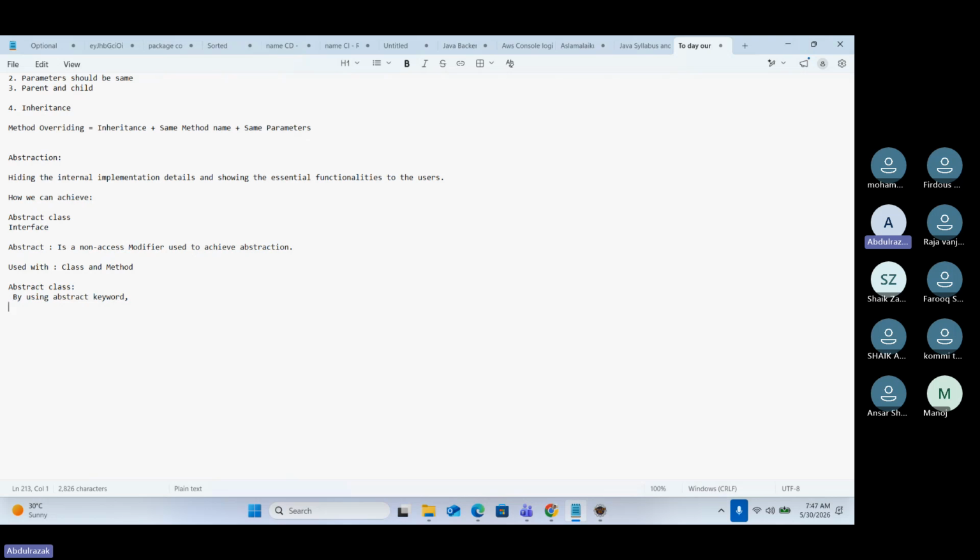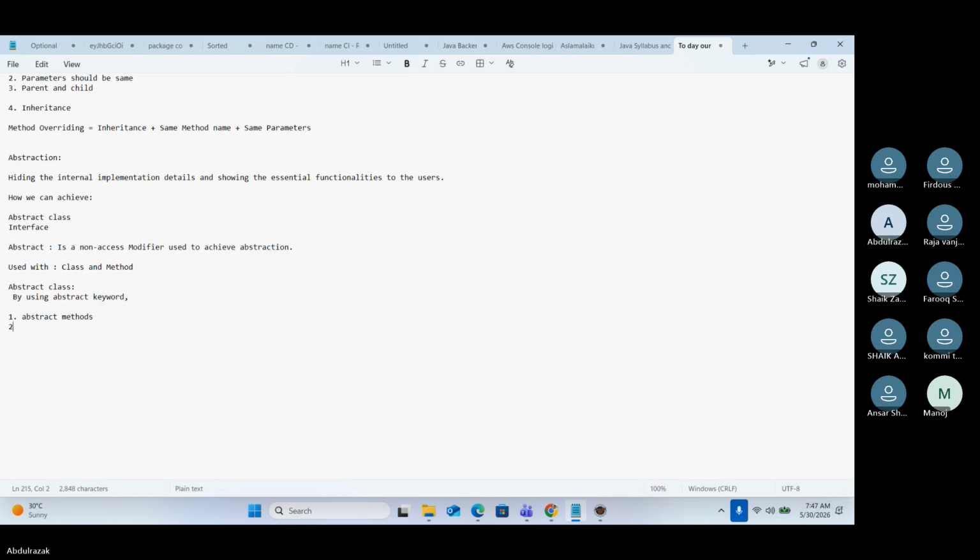It contains abstract methods. So remember the points. How we can create abstract class means by using abstract keyword. What abstract class contains? Contains abstract methods